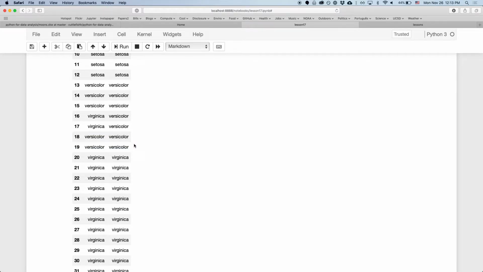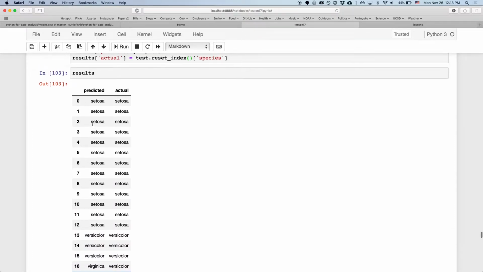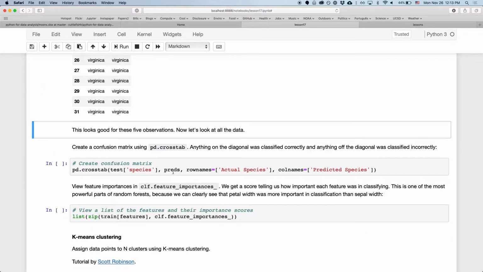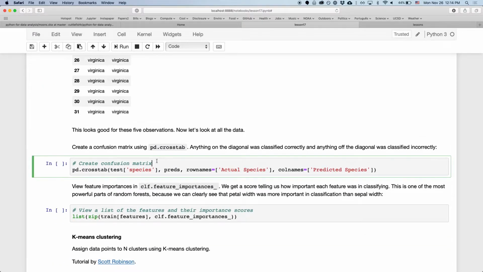We can see there's a couple here. These two, rows 16 and 17, are misclassified. So this is another way we can review the results. If we look at all of the data,